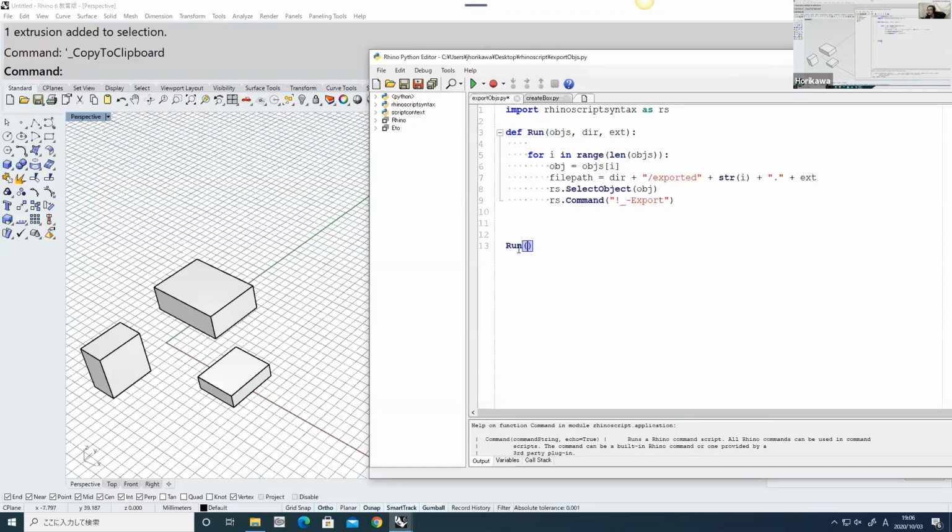Okay, so for the first parameter, it's going to be object, and we can actually create the boxes that we have just created using createBox. So let's try to import this createBox script inside this export object script and reuse this to actually create a list of boxes. To do that,